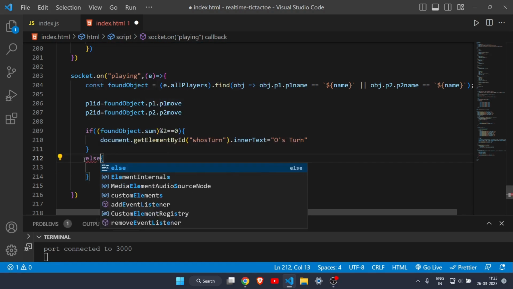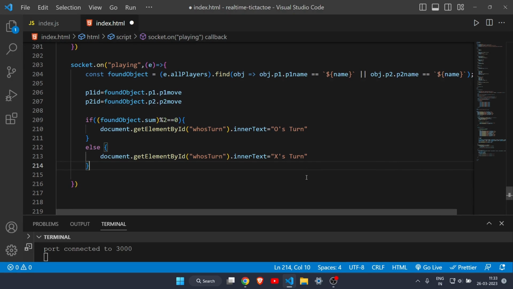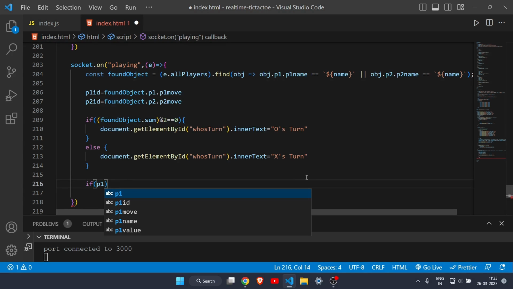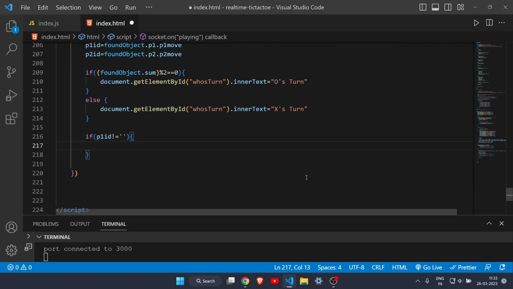Let's just write else here, and I will write X turn. That's it. So if it is odd, it will be X turn. And now I will write one more if else statement. So if P1 ID is not equal to empty. Okay, so if P1 ID is something, which means it is not equal to empty here,